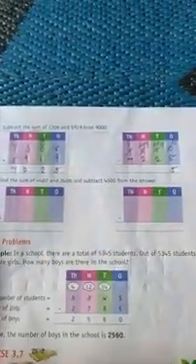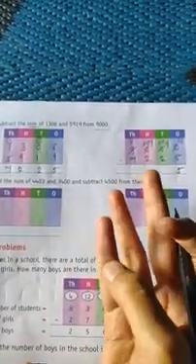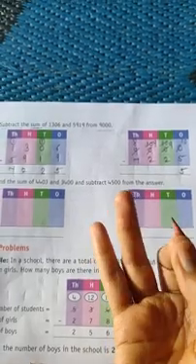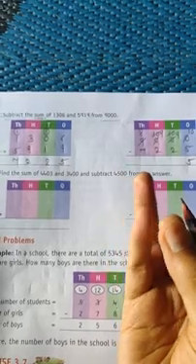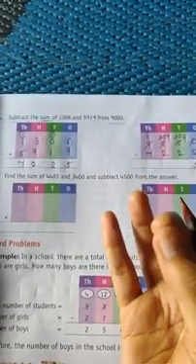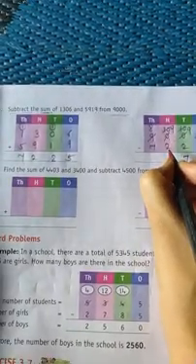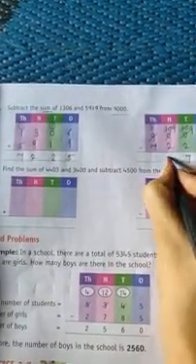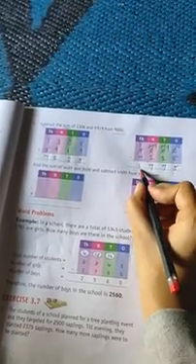Sorry. After 2, how will you do? 3, 4, 5, 6, 7, 8, 9. Up to 9 you have to count only. So 9. How many numbers will be there? 1, 2, 3, 4, 5, 6 and 7. So 7 you will write over here. Then 9 minus 2. 9 minus 2 again will be 7. Then 8 minus 7, that is 1 only. So what answer you got over here? 1775 is your answer. This way we have to do.